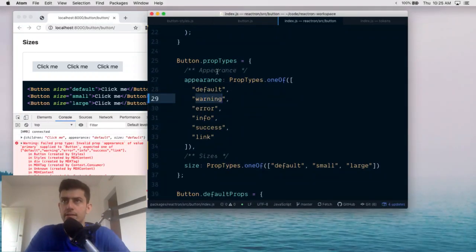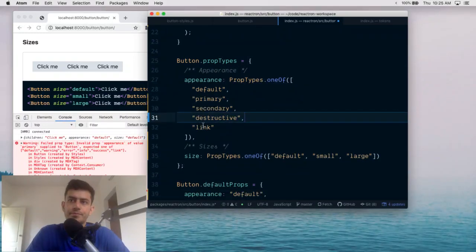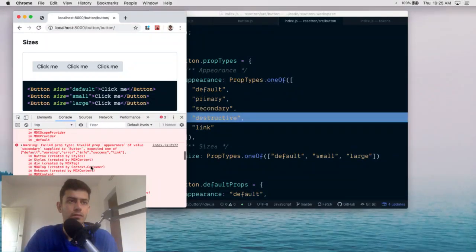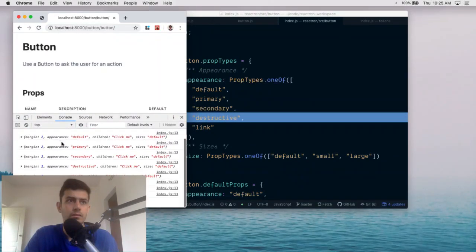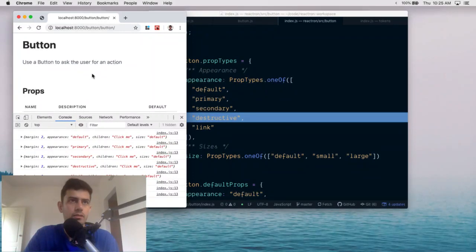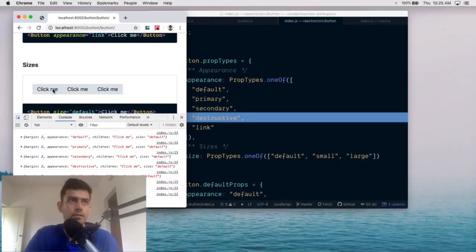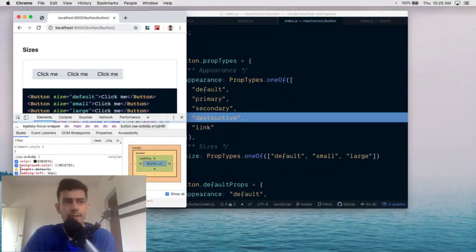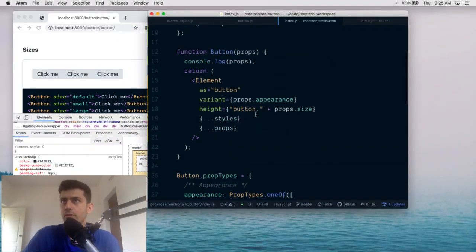Yeah, we changed these. Primary, secondary, destructive, link. Okay. Cool. Well, what is this? Render. It renders height as default, which is not what I want, because